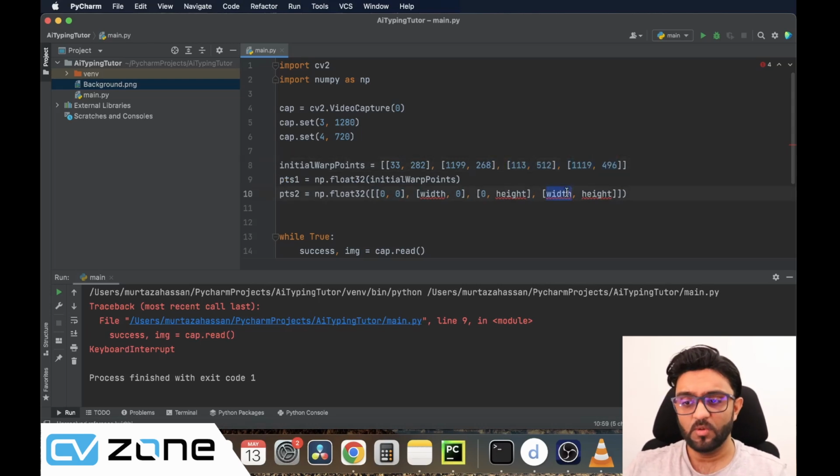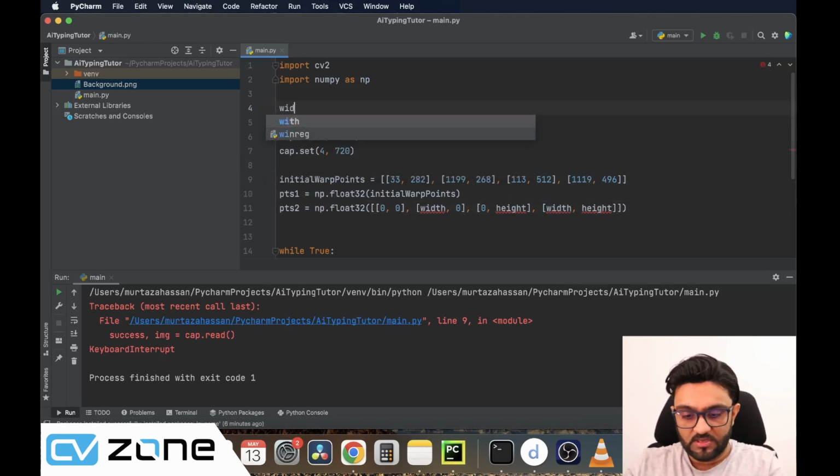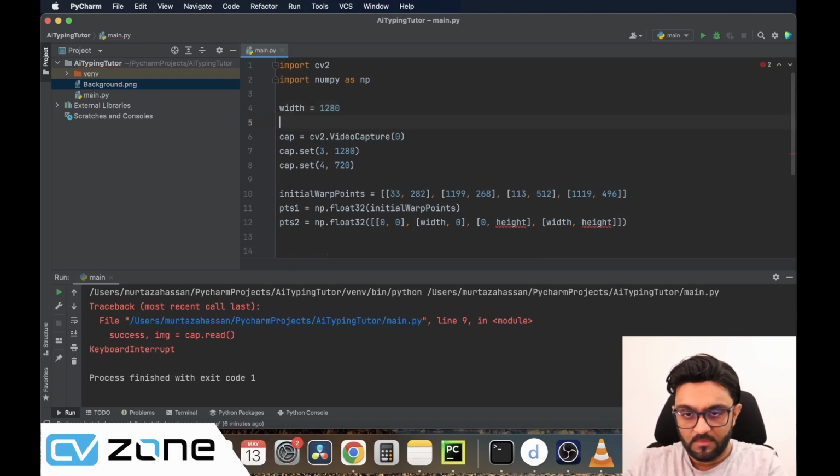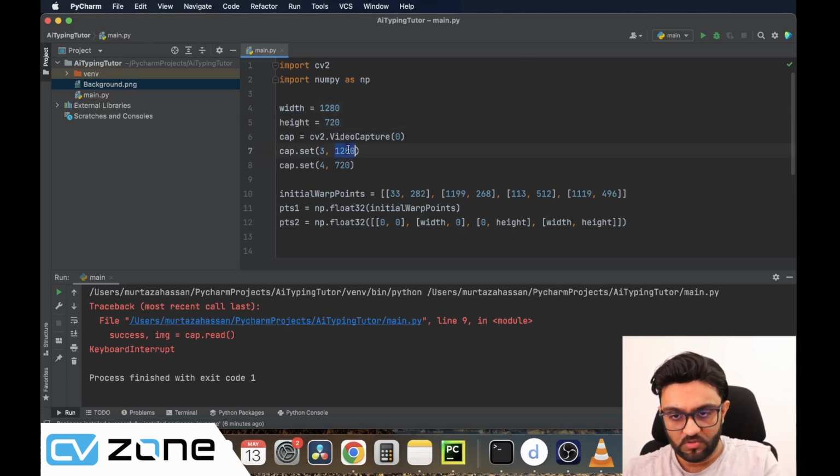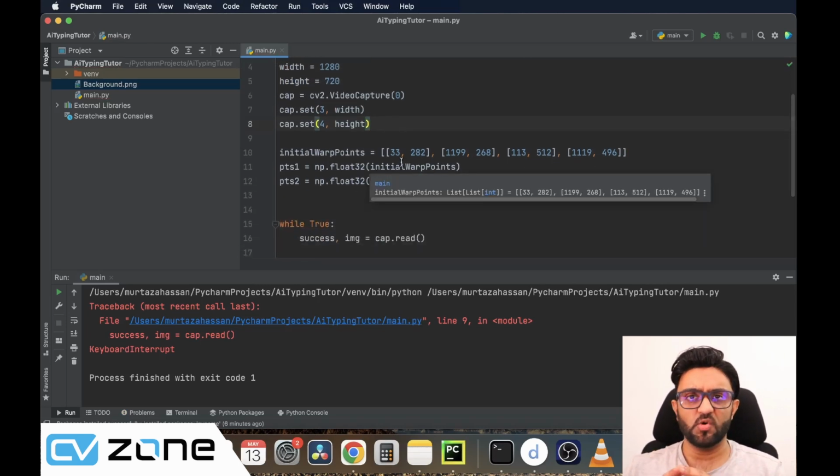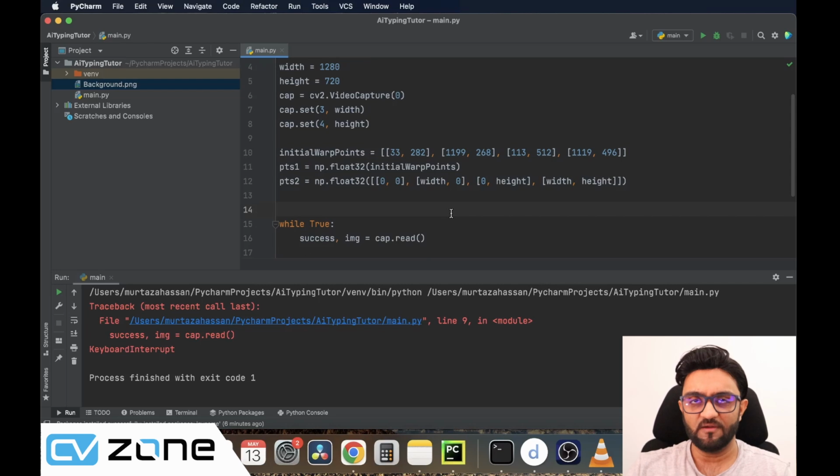But as you can see, we did not define the width and the height. So that is what we should do here. We will write width equals 1280, and the height equals 720. So that's the idea. And then instead of using hard-coded values, we can just put this over here. Okay, so this will give us 2 points. I'm going through this a little bit fast because warping is not something very complicated. We have done this in tons of projects before, so that's why we are skipping through it a little bit